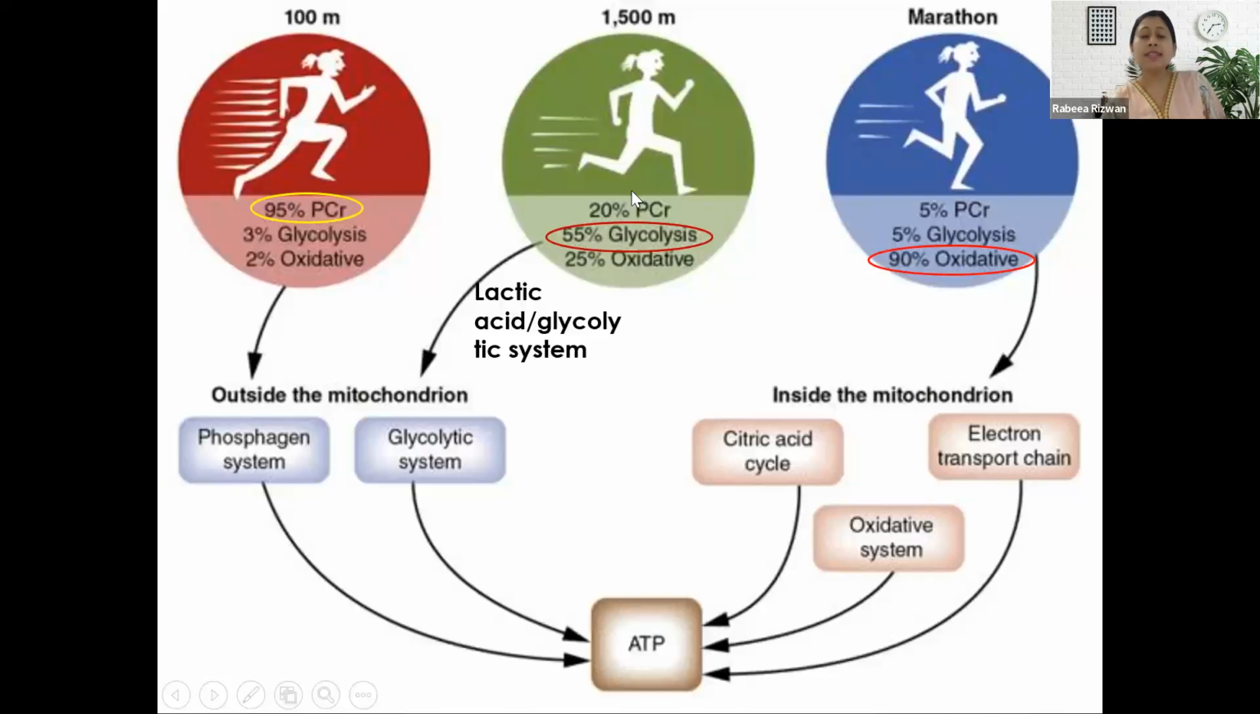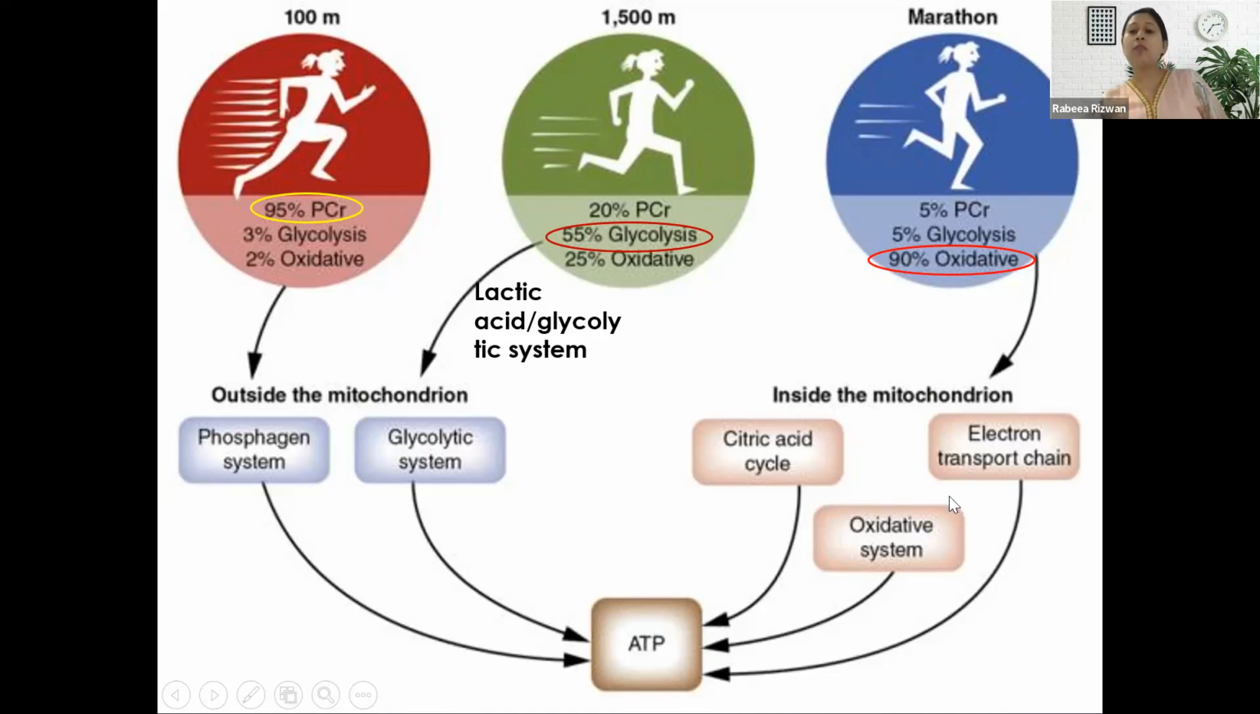Then second, if a person is running for 1,500 meters or doing weightlifting, what main energy is he consuming? He is consuming from the lactic acid, or we can say the glycolytic system. Then third, the marathon, the long run. So for more than 1,500 meters, or a marathon, or swimming, if a person is running a marathon or swimming for a long time, the person is consuming energy from the oxidative source,